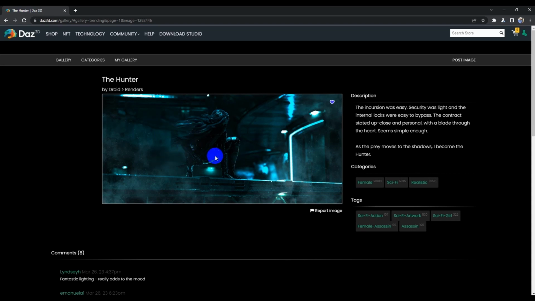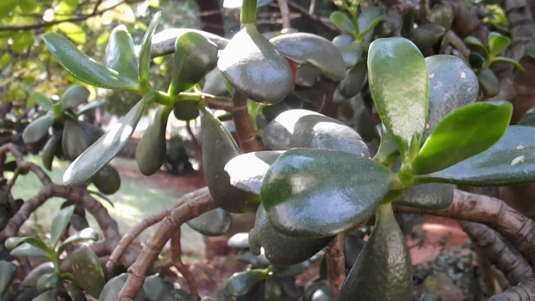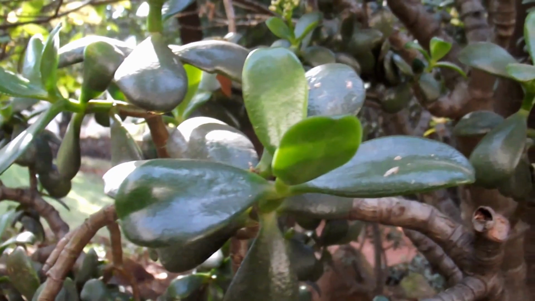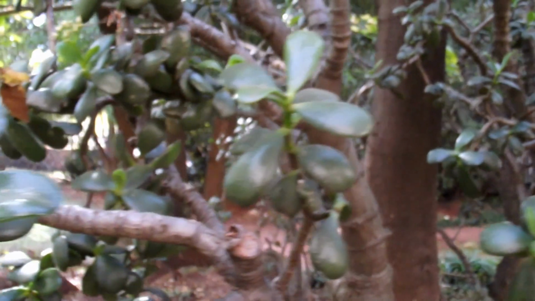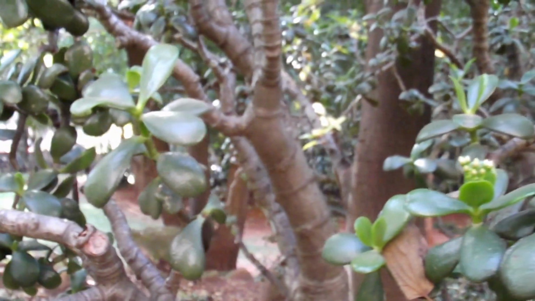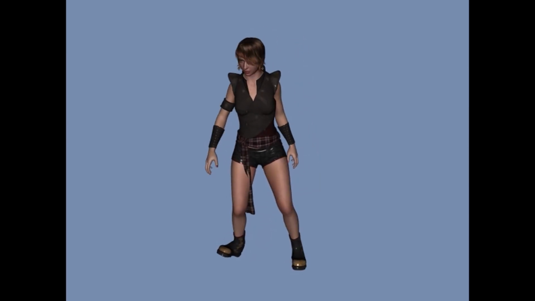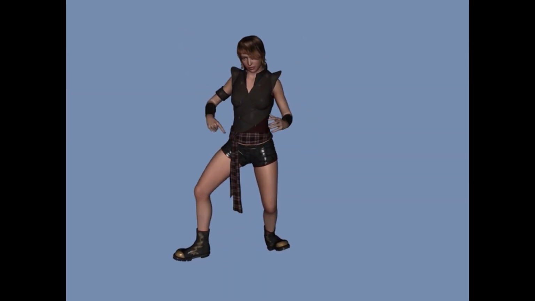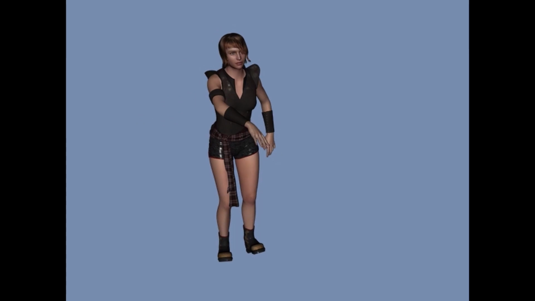So you can buy this character and create a video clip, or you can animate the character. So these models or characters, figures, whichever way you want to call them, you can use them and animate them.